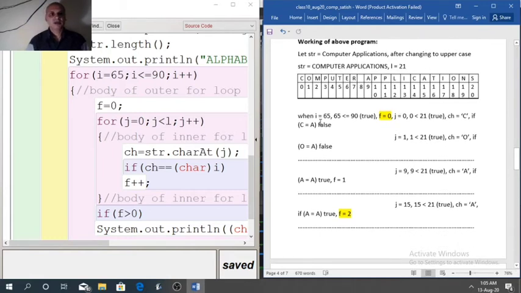Suppose in str we have taken the input computer applications. It is in combination of uppercase and lowercase letters. So after changing to uppercase, same variable str will store computer applications in uppercase format.